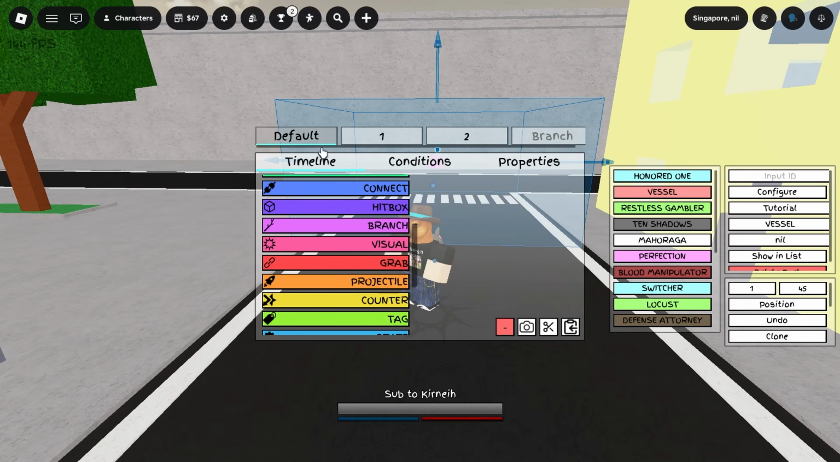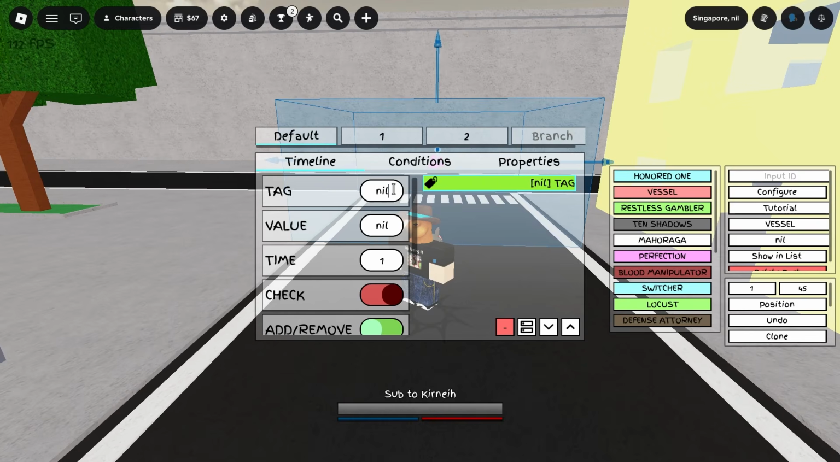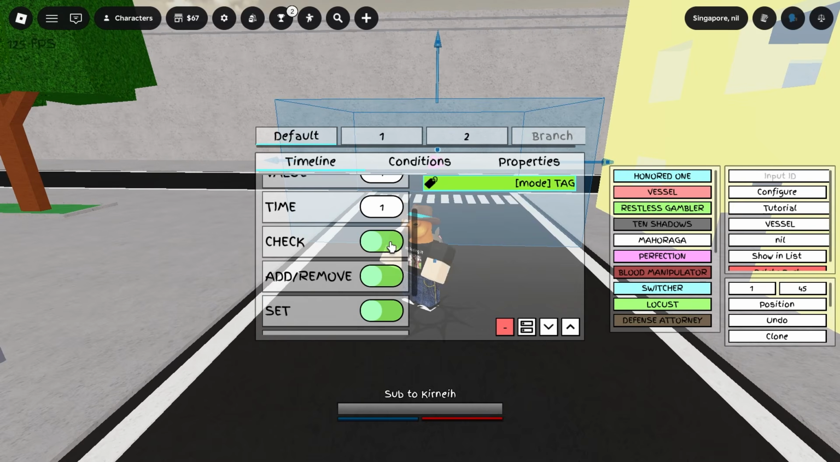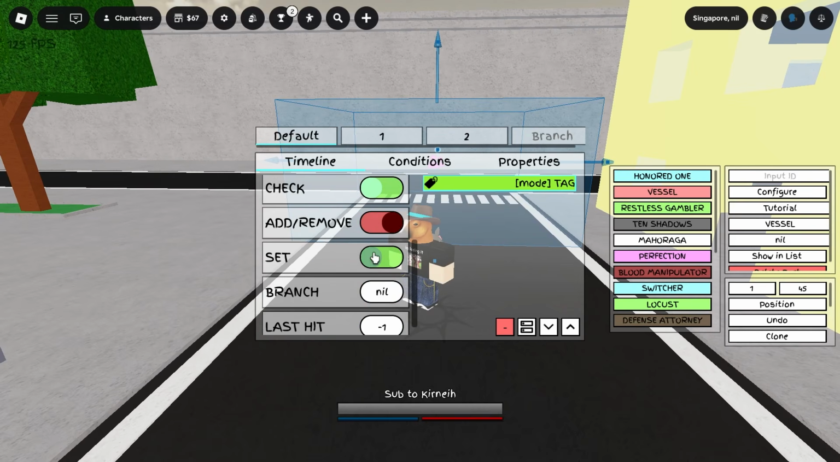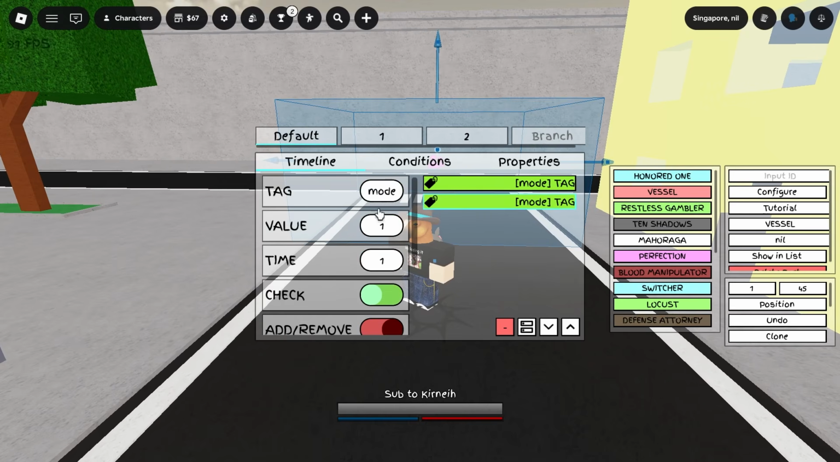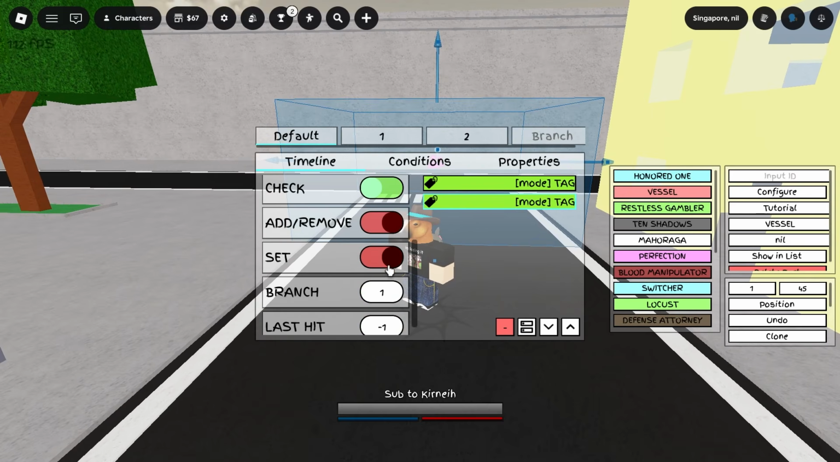2. Now go back to your default branch and add a tag. Name the tag to something really easy to remember. I'm just gonna use mode, and then for the value, set it as 1, and then turn on check and turn off add, remove, and set. Then put the branch as your first branch, which is 1 for me in this case. Now just clone the block, set the value to 2, and then set the branch to your second branch that